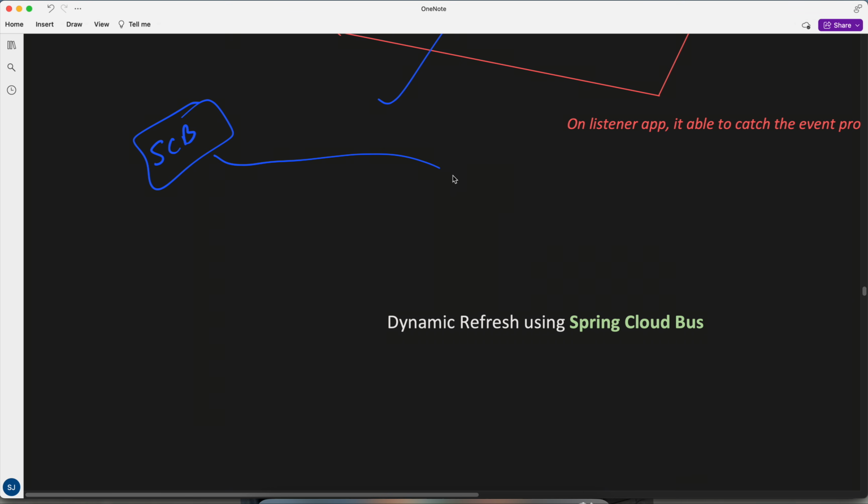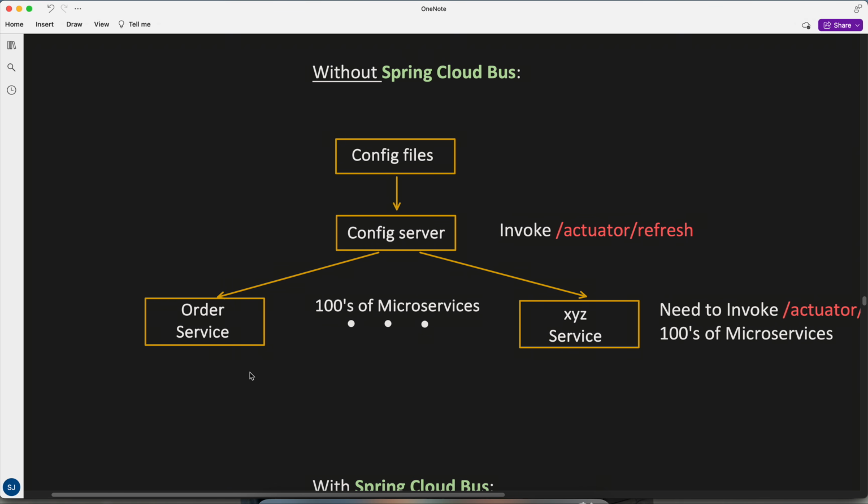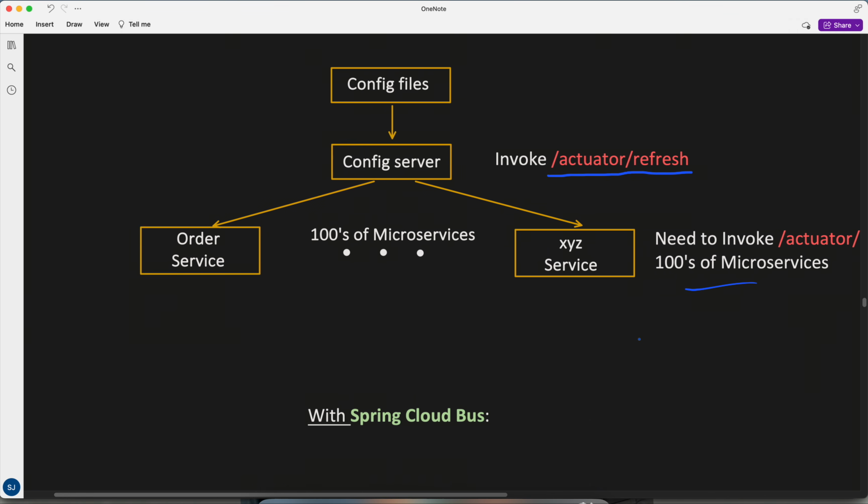Now the real world use case is dynamic refresh. This is where we finished our previous lecture: without Spring Cloud Bus, this was our setup for configuration. When we manage a central configuration and have to dynamically refresh, on the config server we have to invoke the refresh on all 100 services. But with Spring Cloud Bus,